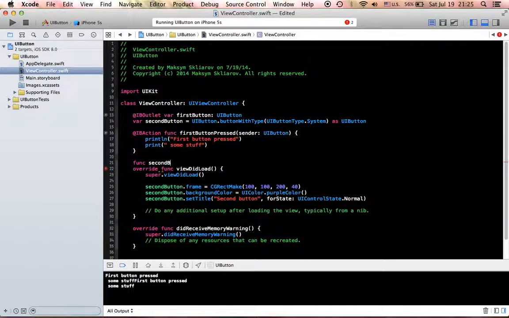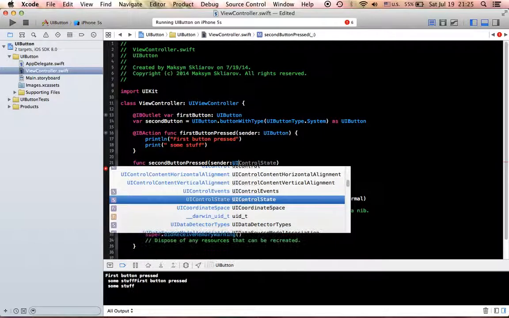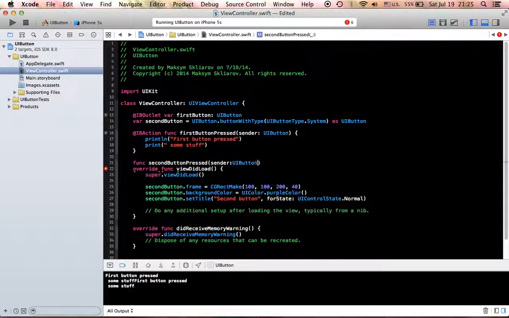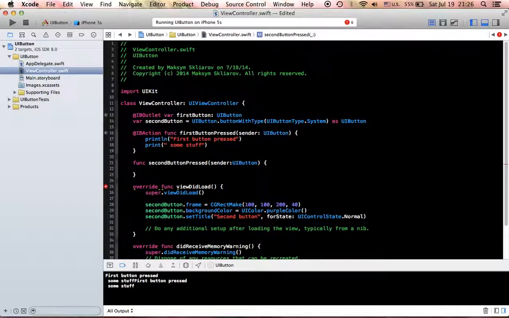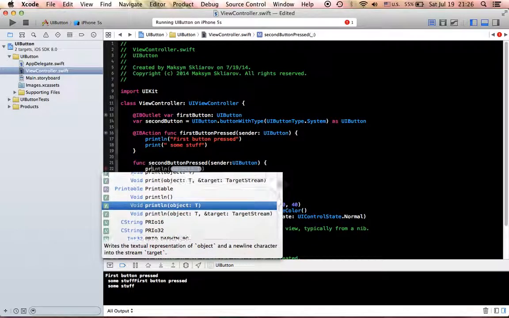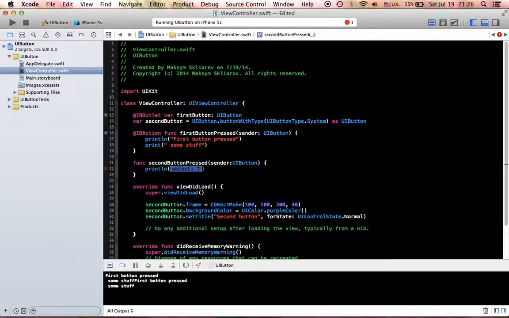Let's call it second button pressed. And let's set sender. It should be UI button. Don't forget about these braces. And what will we do here? Let's just print some stuff. Println second